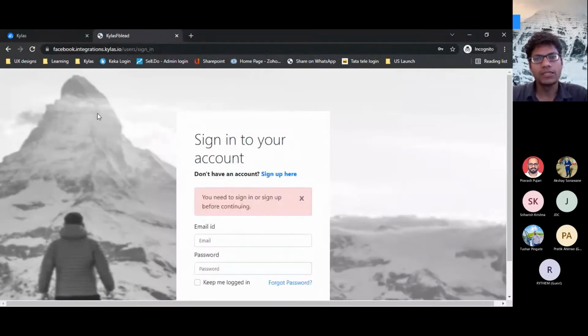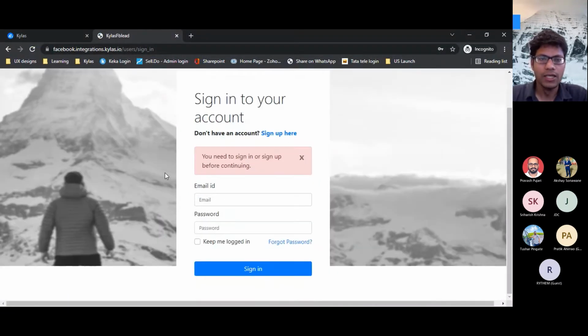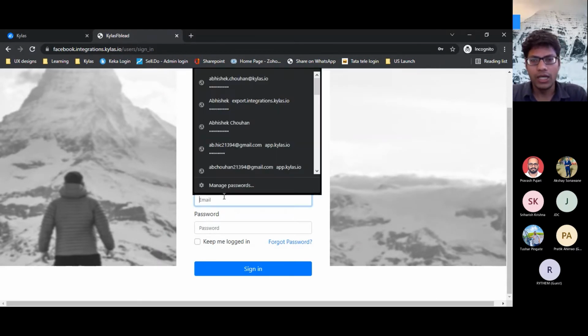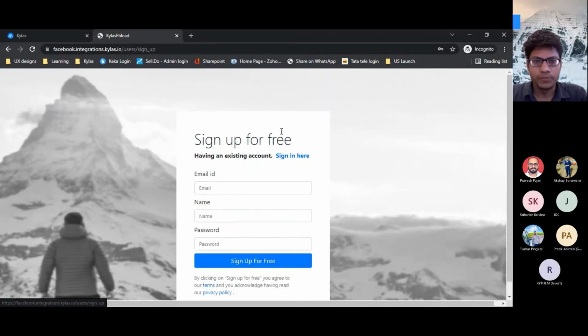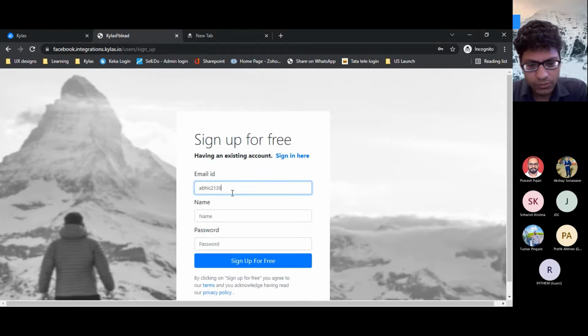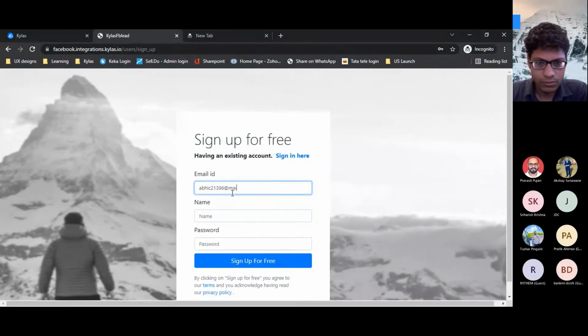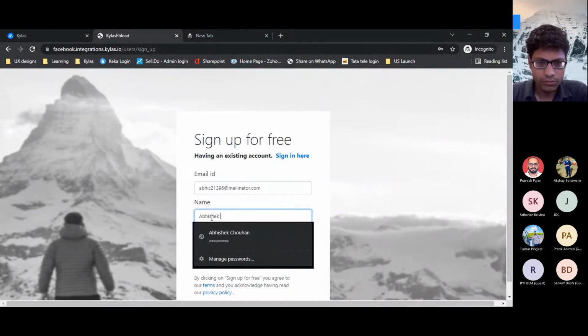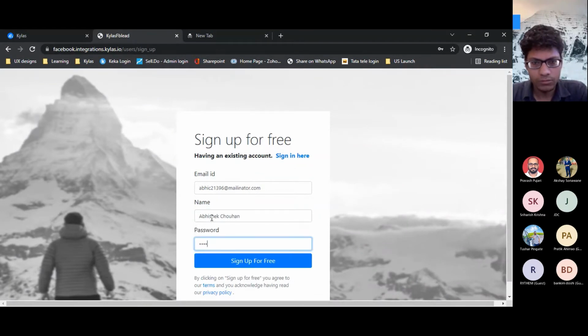This application is now installed and it's taking me to the sign up page of the application. It requires separate credentials to sign up your account, so I'll have to create a new account. Let me create a new account from a dummy email ID, the sign up that we usually do.